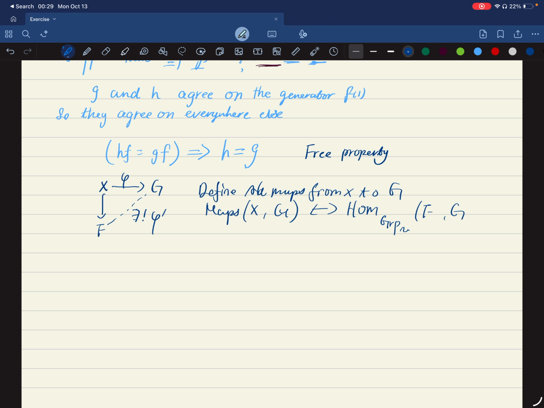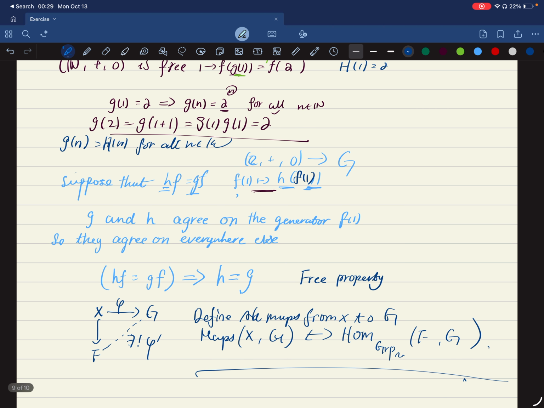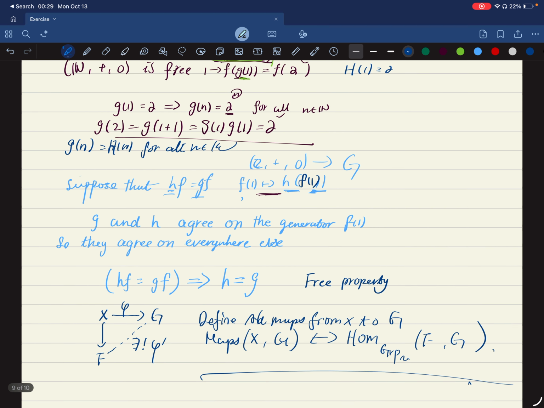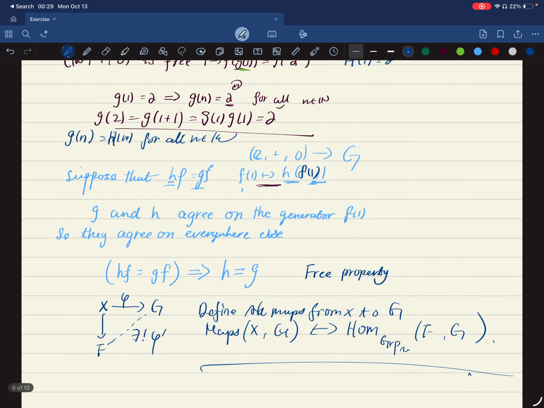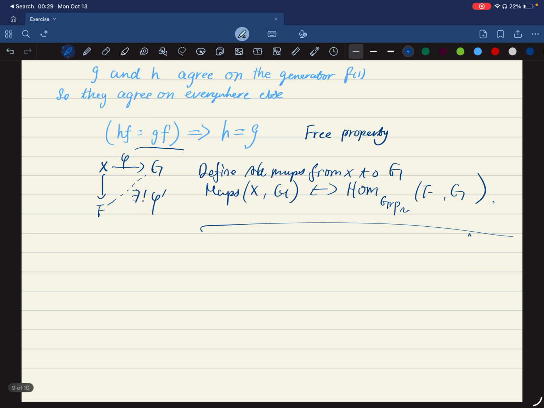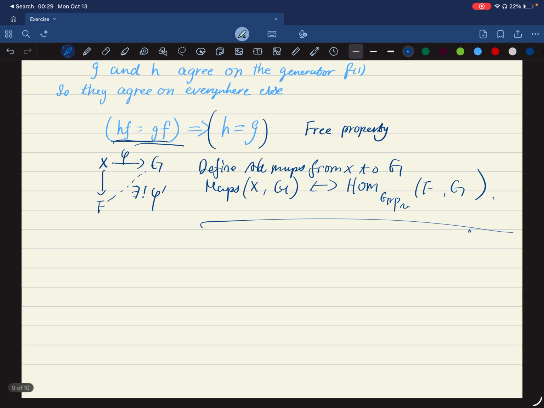F and G. So because of this free group property, we are able to conclude this proposition, and because of this proposition, we can draw a conclusion that this proposition implies this proposition,